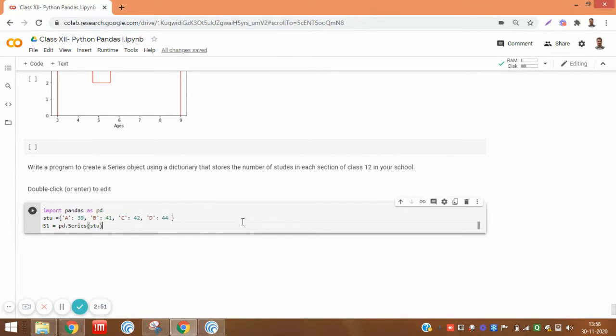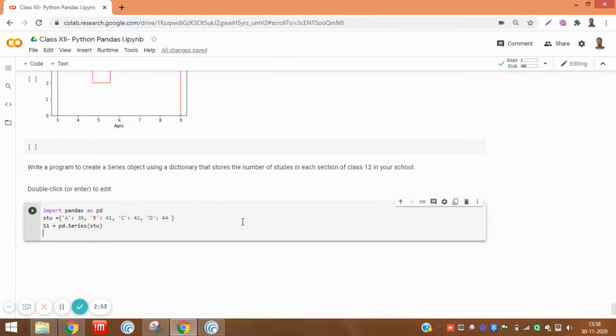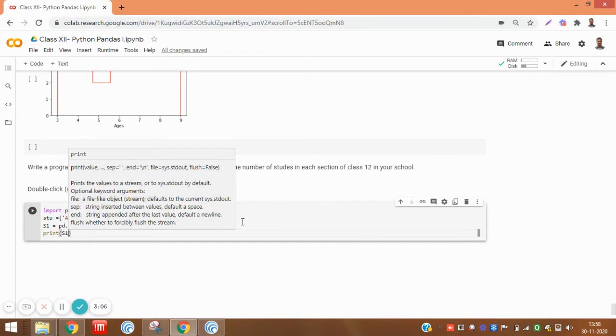Here the name of the dictionary is stu. So now we have created the series S1 through the dictionary name stu. Now print the series S1.